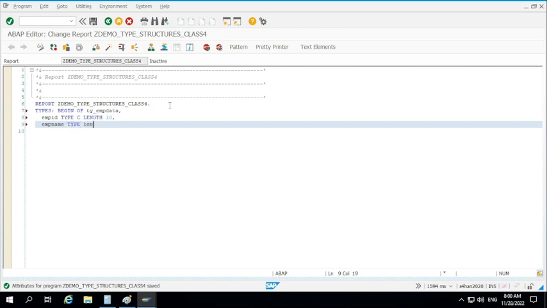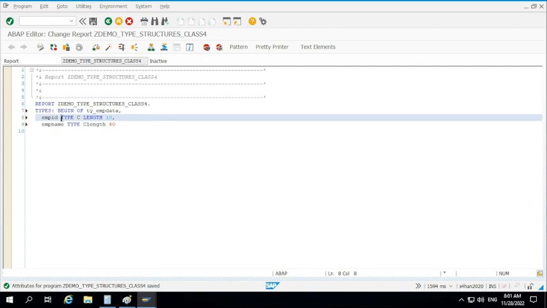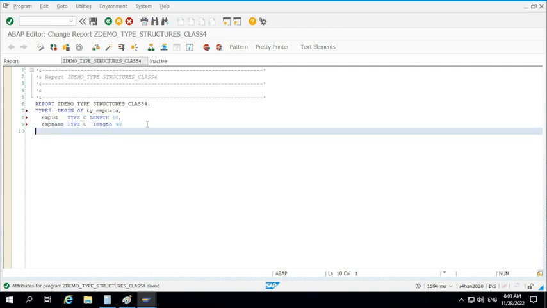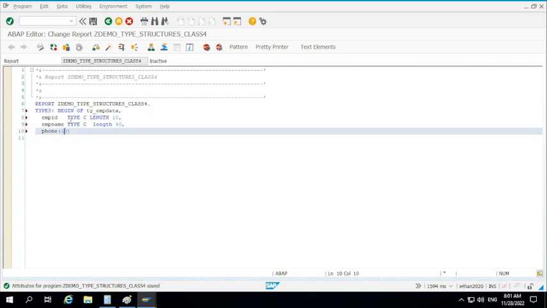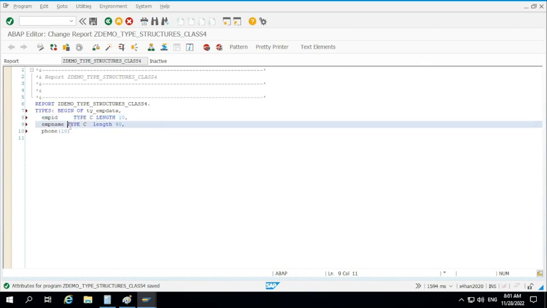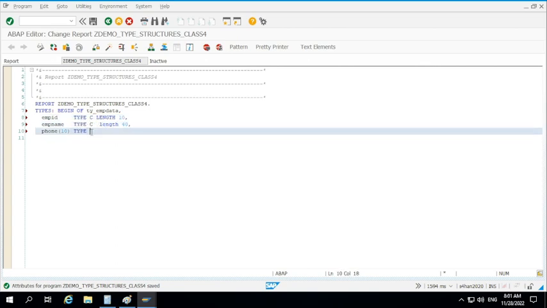Type C. You can also use it like this, or we'll just take phone number, just to save some time. You can also define length like this, right? Type n